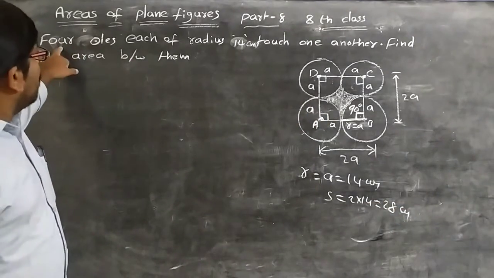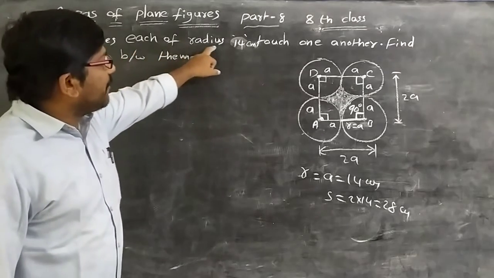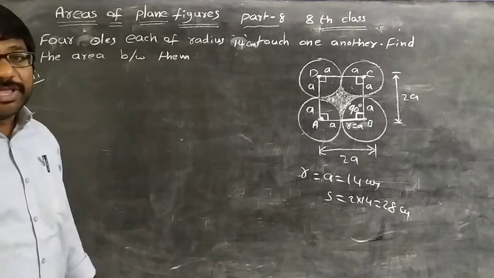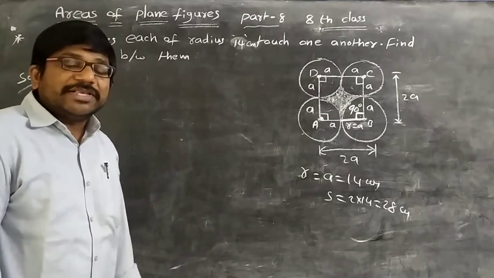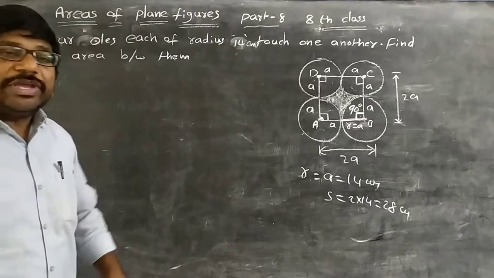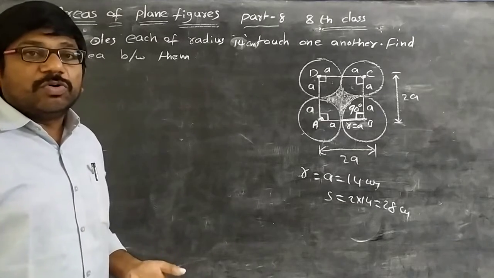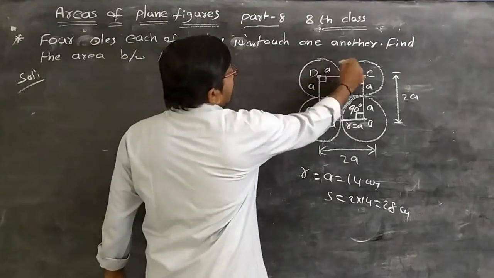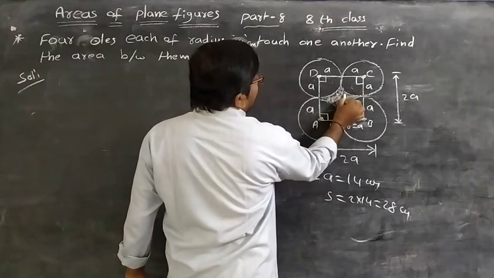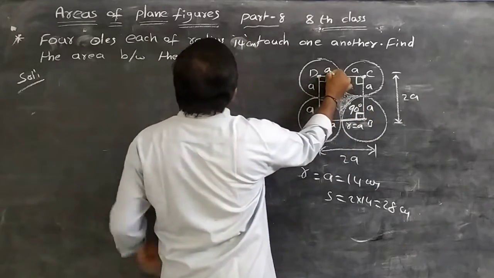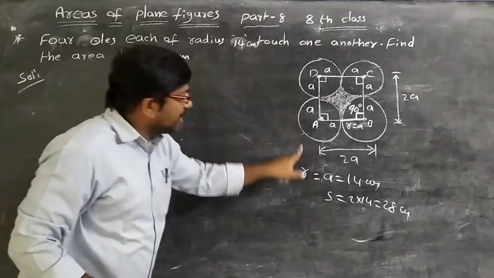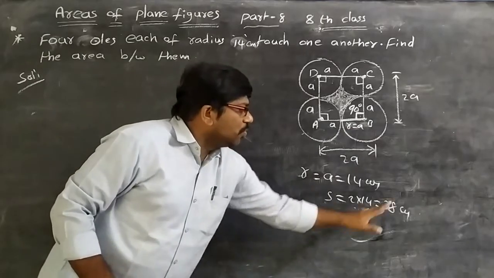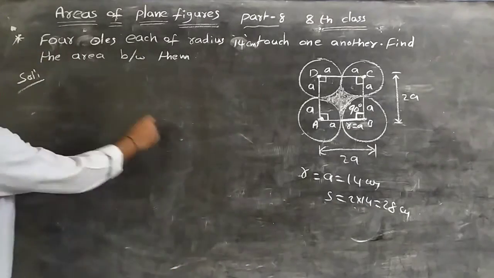Observe carefully. Four circles each of radius 14 centimeters touch one another. Find the area between them. So we know very well the formula. The formula is 6a square by 7. We can use the formula directly. No need to write the remaining steps, right? We can write directly. So these are four circles touching one another. The area between them is, here the radius of circle A is 14 centimeters. Radius of circle R is equal to A is equal to 14 and the side of square S is equal to 28 centimeters, right? So therefore